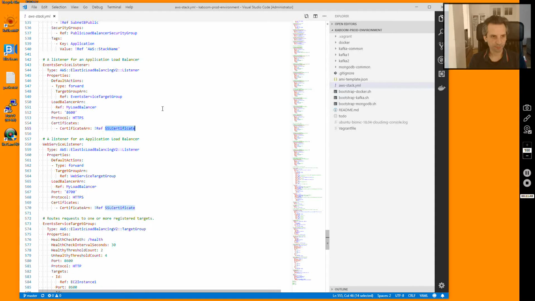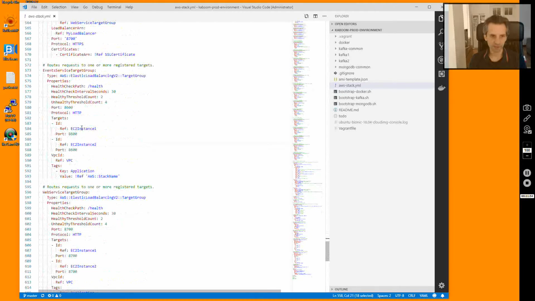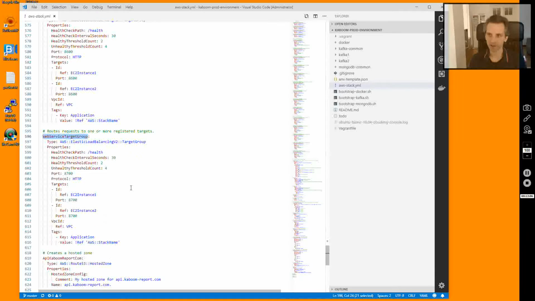I have listeners for the event service and for the web service, and I specify my instances as a target group for both services. So this setup allows me to route the traffic from the load balancer to the instances and have it distributed